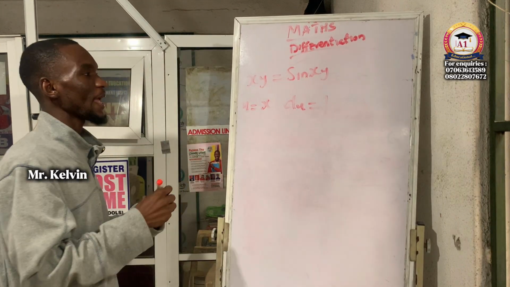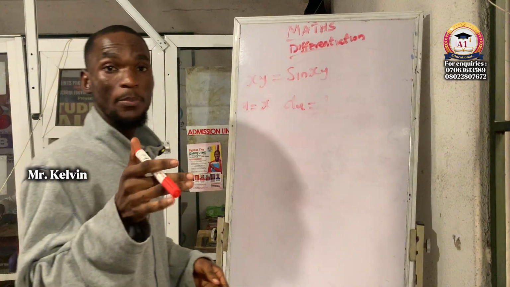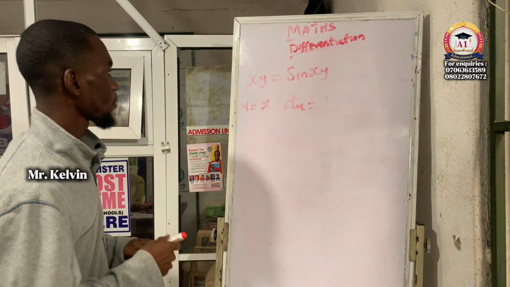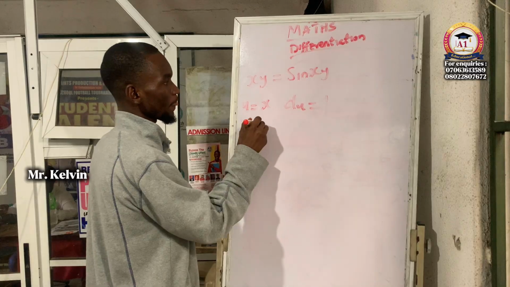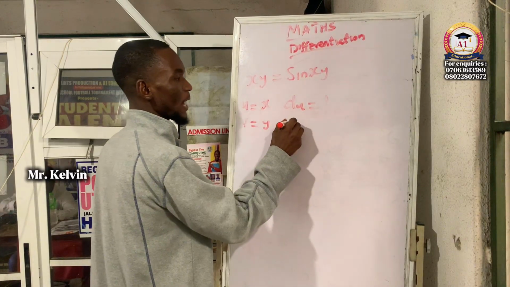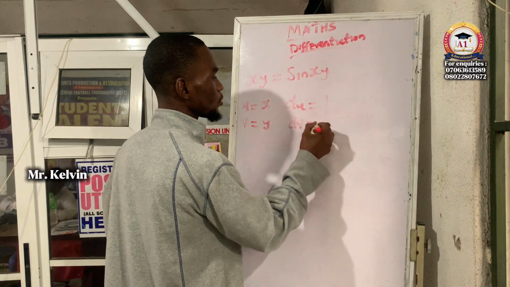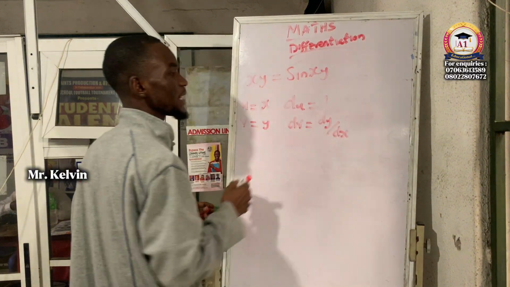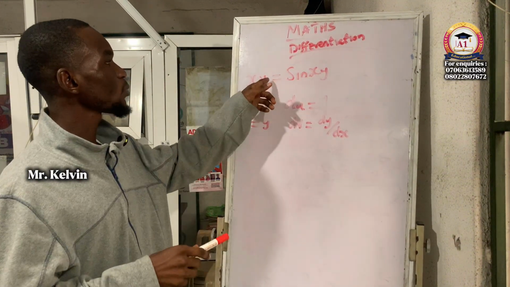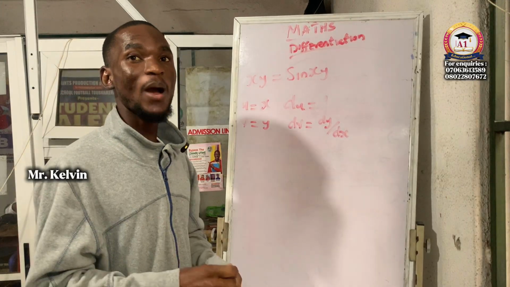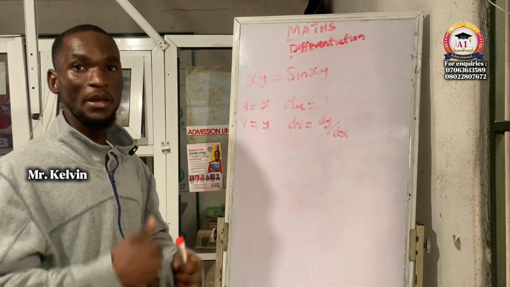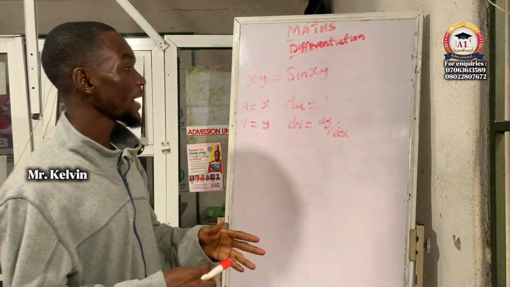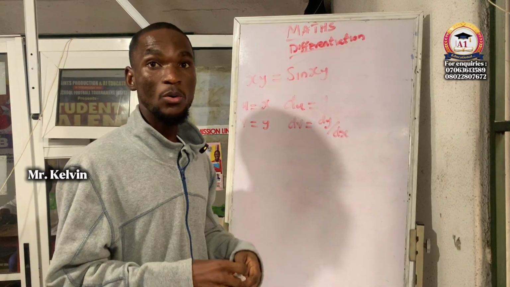Because when you differentiate x using our power law, you get 1. Now our v is y, so our dv will give you dy/dx. Why do we get dy/dx? Because y is a dependent variable, so y cannot be expressed in its own term. If you want to differentiate y, it must be in terms of x, because it depends